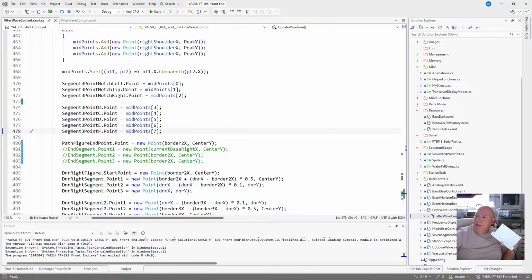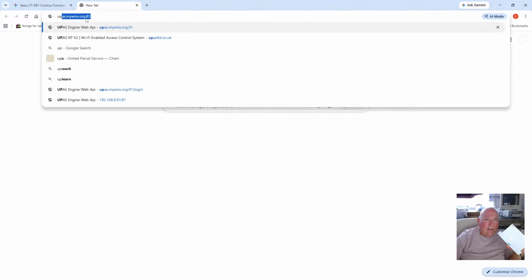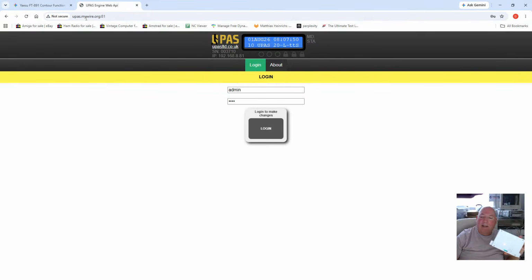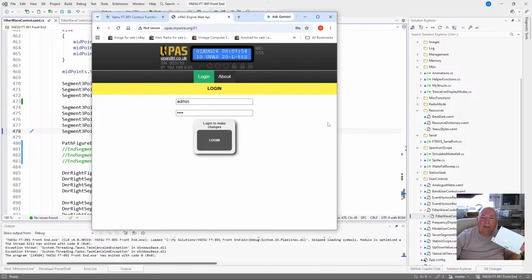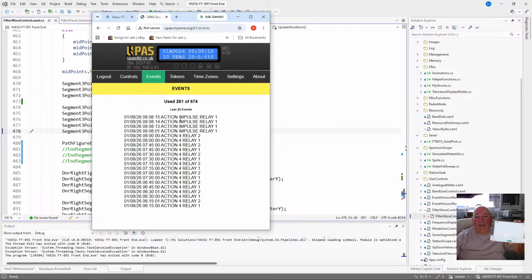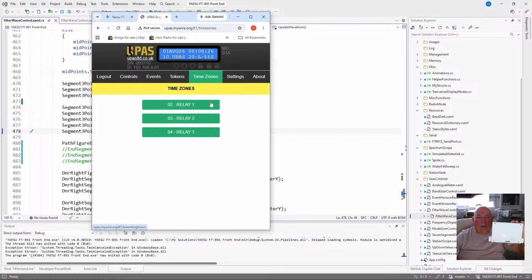And you can open its web interface up. So you go into here. If I just type in UPass, mywire.org port 81. Is it going to find it? Or someone rebooted my router? Oh, there it is. So you get it on your phone, a little web interface where you can click it. It's very quick. It doesn't use any cloud services at all. It's hosting its own web interface, this ESP32 microcontroller, and you can operate its relays, look at the events, apply RFID tokens to it, automatically learn them,